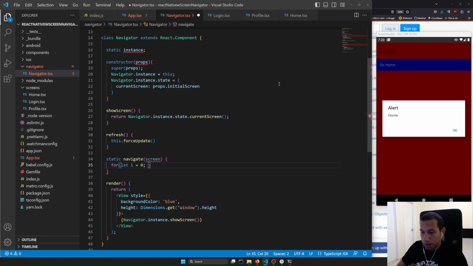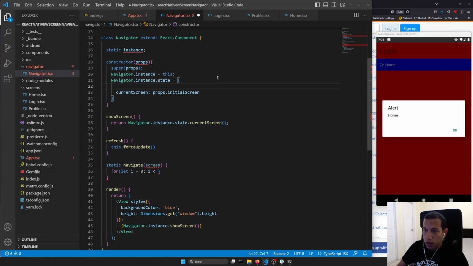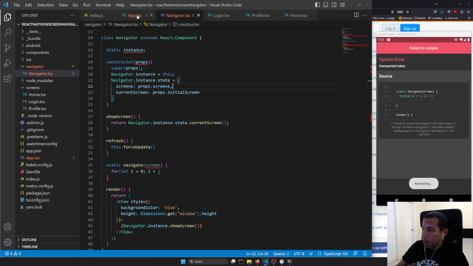So let's do that. i less than navigator.instance.state.props.screens